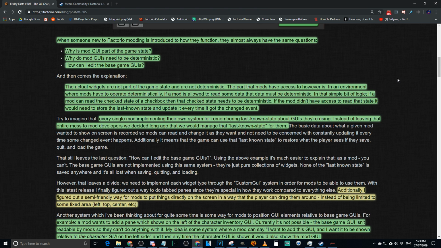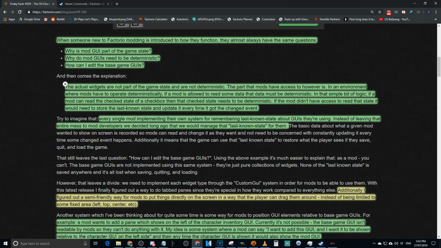The mod is allowed to read some data. That data must be deterministic. Simple bit of logic: if a mod can read the checked state of a checkbox, then that check state needs to be deterministic. If the mod didn't have access to the read state, it would need to store the last known state and update every single time